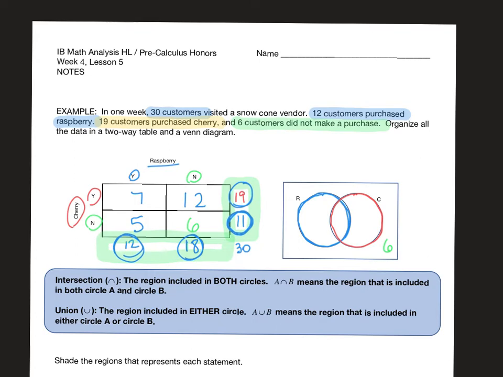All right, and once your two-way table is filled in, then the Venn diagram is pretty easy to fill in because here, and I'm going to color this in, this spot right here in the middle, these people bought raspberry and cherry. They bought raspberry and cherry, which is right here in this two-way table. All right, and we know the grand total for raspberry is 12. If 7 people bought both, that means that 5